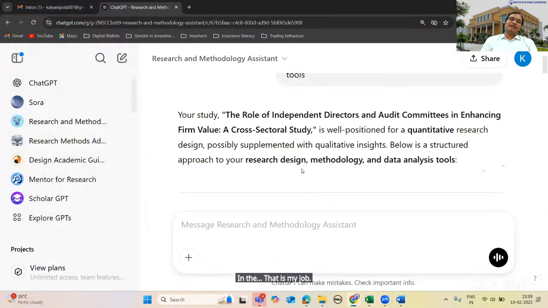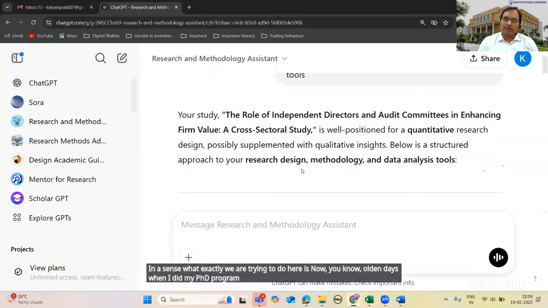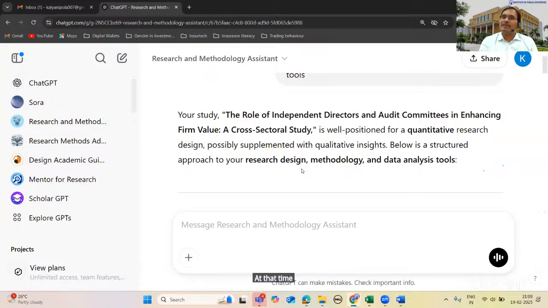In the sense, what exactly we are trying to do here is, now, in the olden days, when I did my PhD program, almost around 2008, so 16 years back. At that time, to get an idea of a research design, we used to read hundreds and hundreds of articles